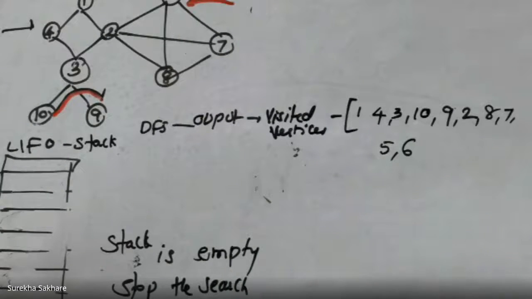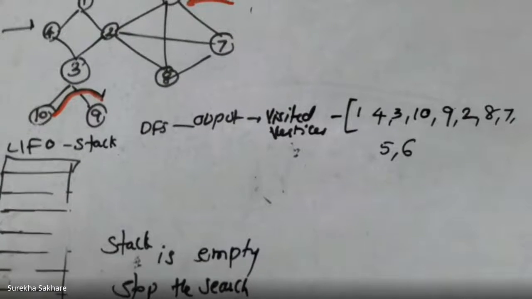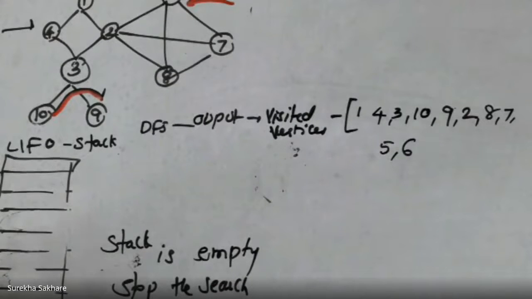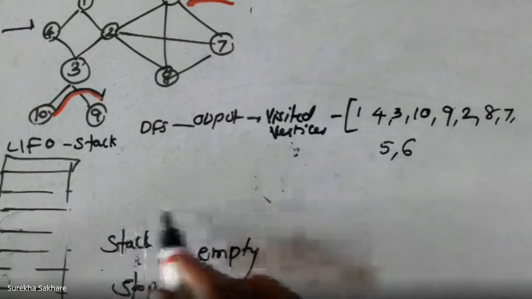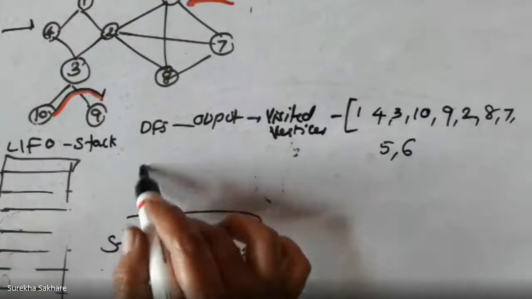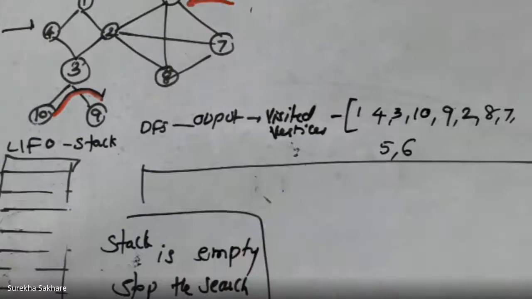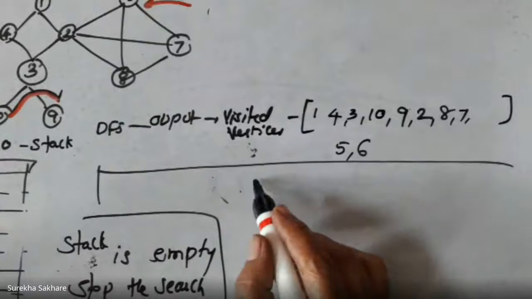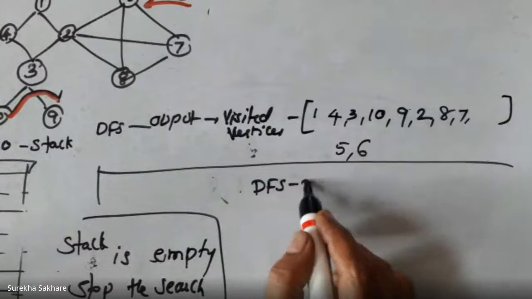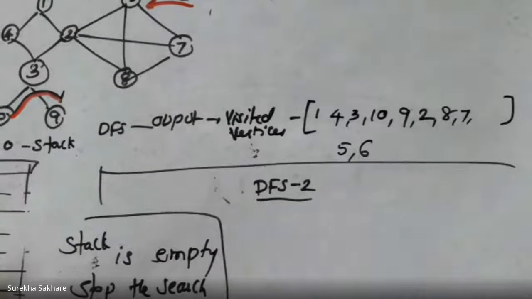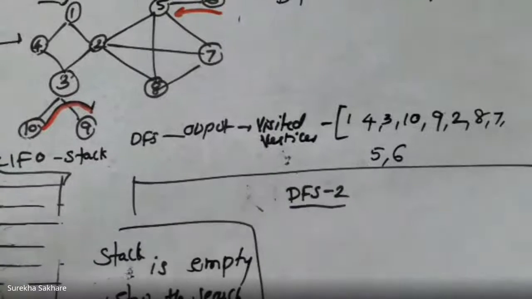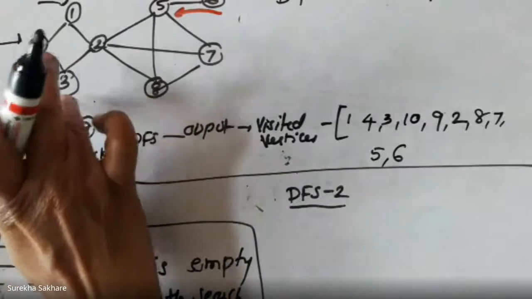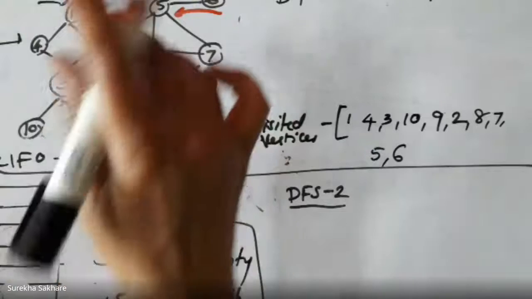So this is how the depth first search is done. There is one more, you can go for some other depth first search as well. Suppose I want to go for some second DFS. There are many alternative searches based on the path that you have selected. Probably I will not use the same thing here. I will just remove even this one.